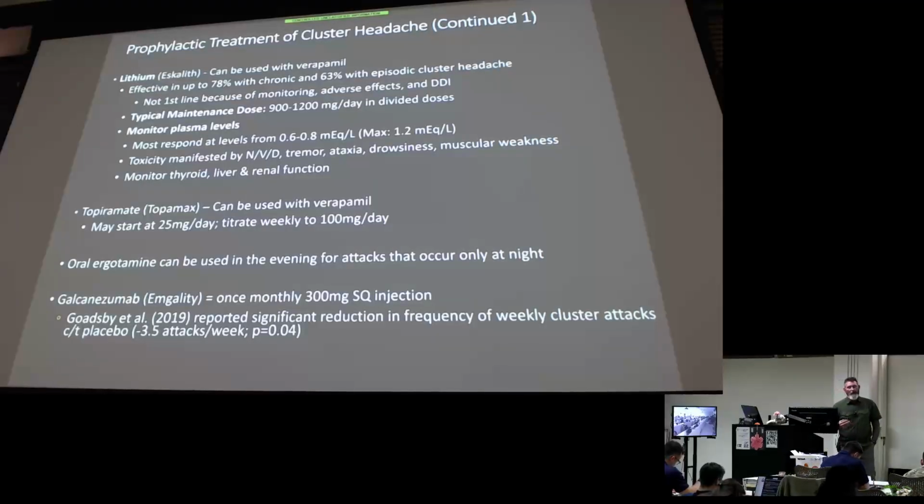Different than some of the other prophylactic treatments, you start your prophylaxis treatment for a cluster while they're actively having a cluster headache. So they're having it, do the oxygen or the sumatriptan, but if they're still having headaches, you go ahead and get them started on the verapamil and add one of these possibly, or steroids. And then there's a little bit of information about the Emgality down below. You don't need to know the dosing, but that's it for the cluster prophylaxis.